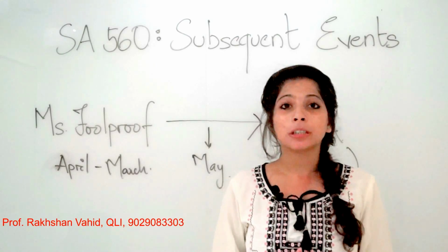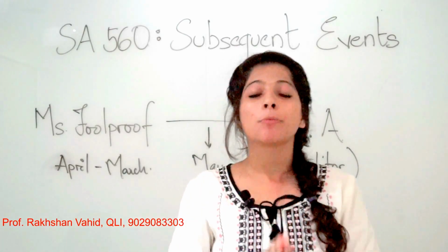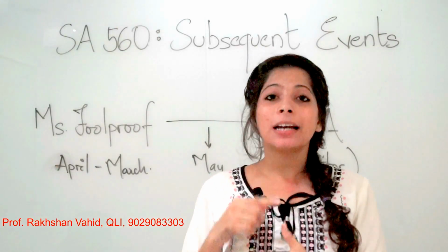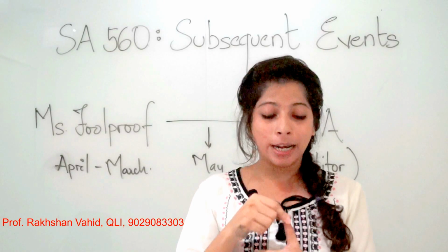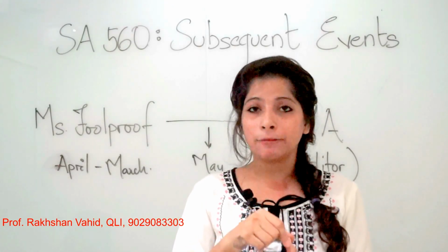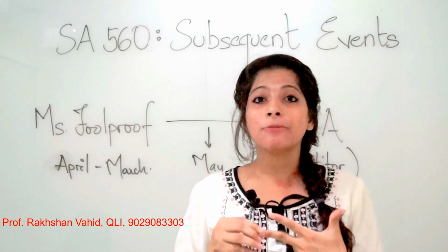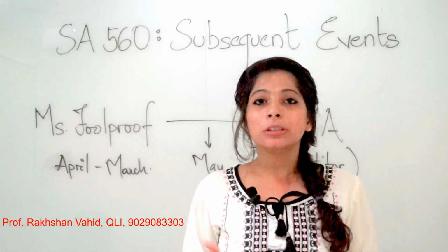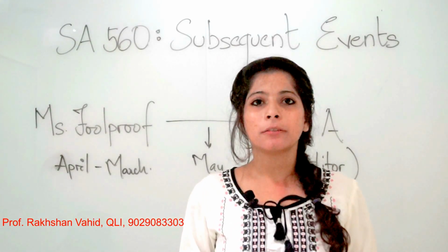So what can I do as an auditor to ensure that all the subsequent events have been taken into account by the management? Firstly, I can refer to documents like the minutes of the meeting, which will help me understand the business progress, the management's ideas and their future plans, the budgets of the company, and also the interim financial reports. Also, the auditor can make oral or written inquiries with the management